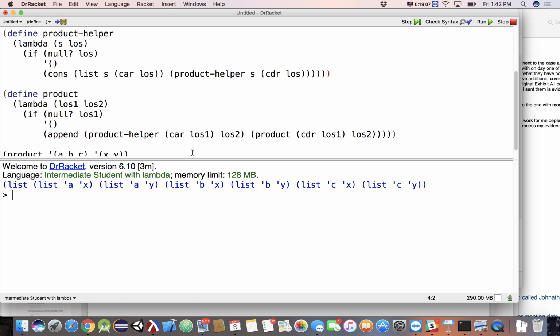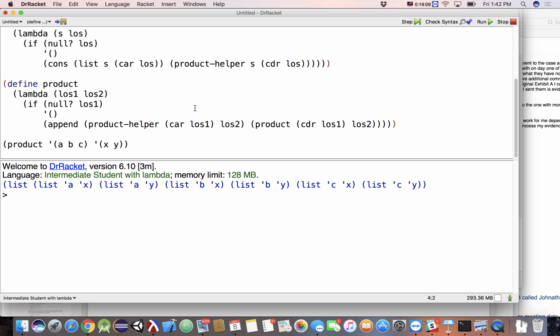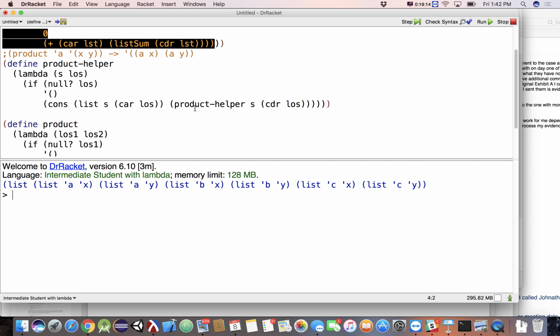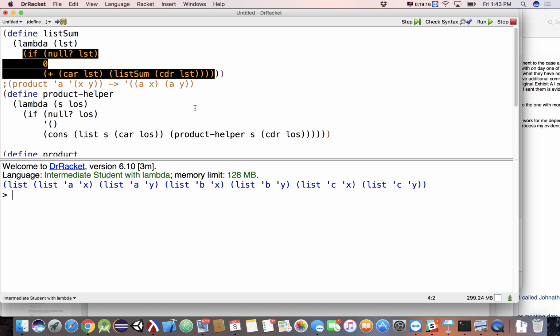That makes sense? Now let's see. We probably can solve this pretty awesomely with a map as well. So we have every element of the first list, and we want to map it onto the second list.